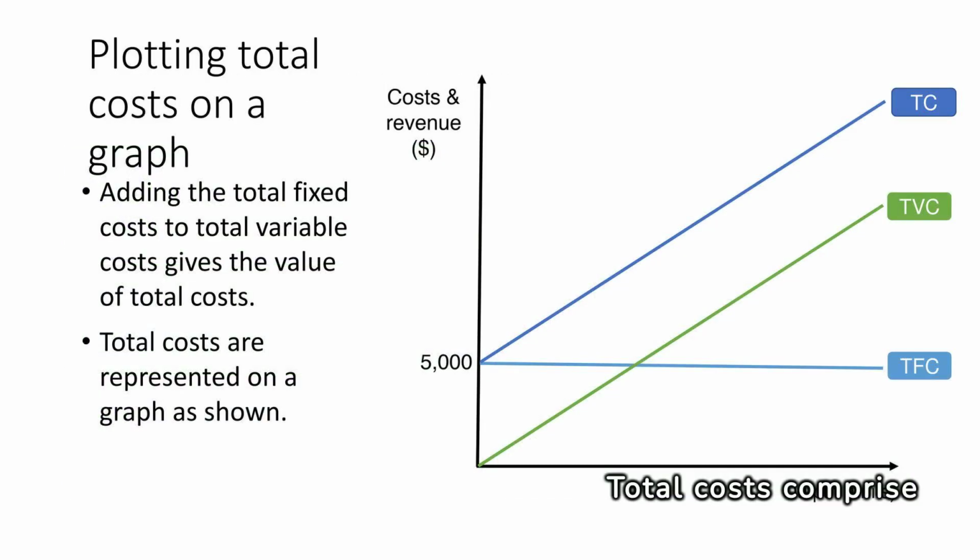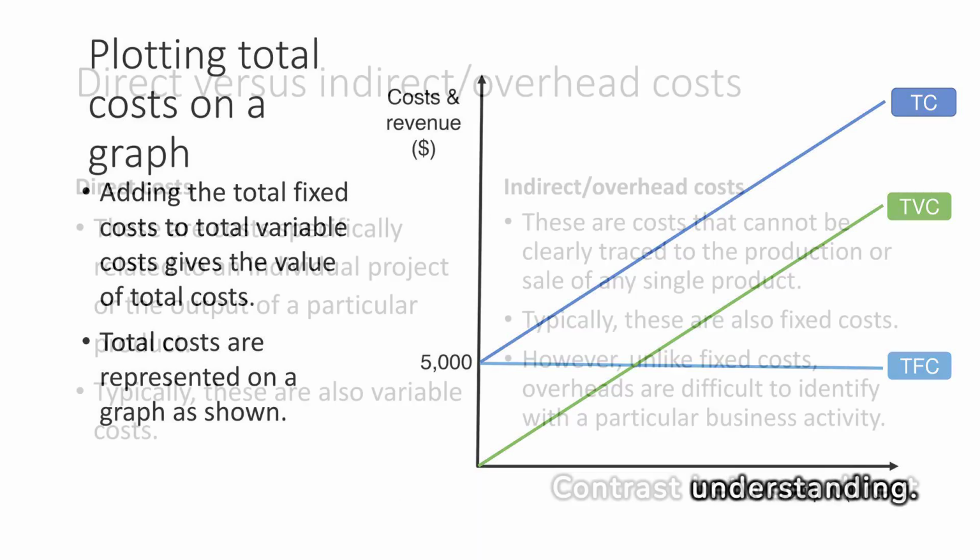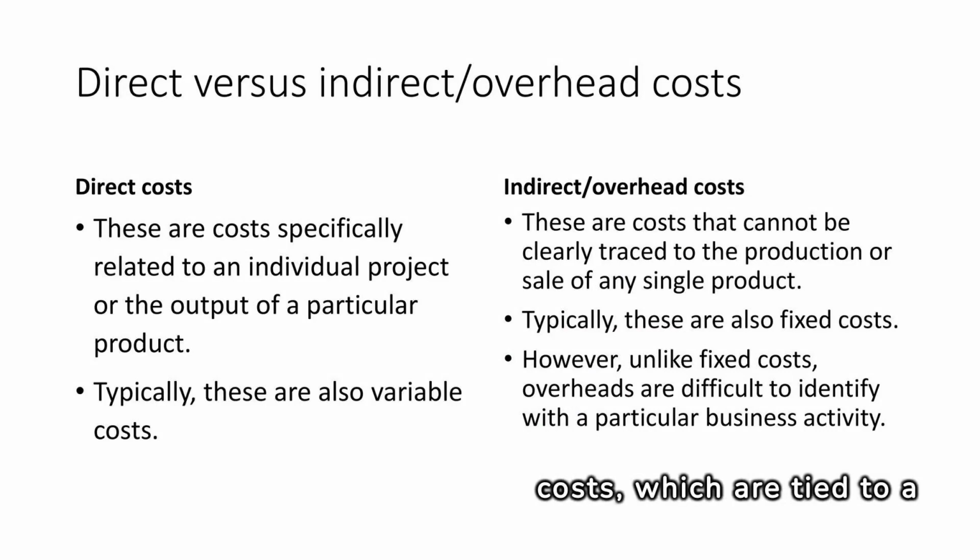Total costs comprise both fixed and variable costs. They're represented graphically for better understanding. Contrast between direct costs, which are tied to a specific output, and indirect costs, which are not directly linked to